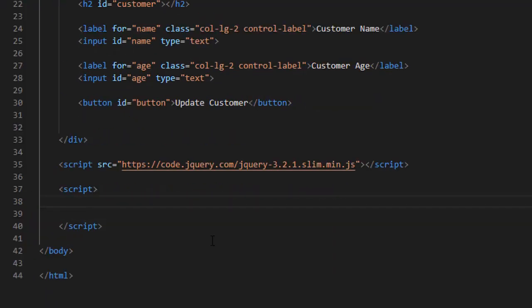First we are going to load the web3 provider.